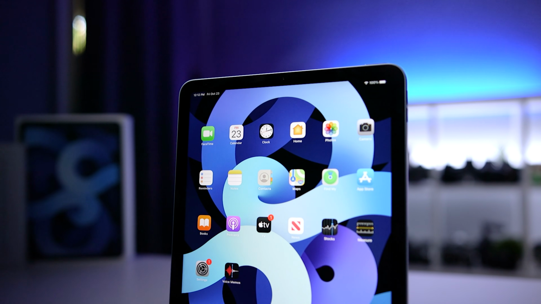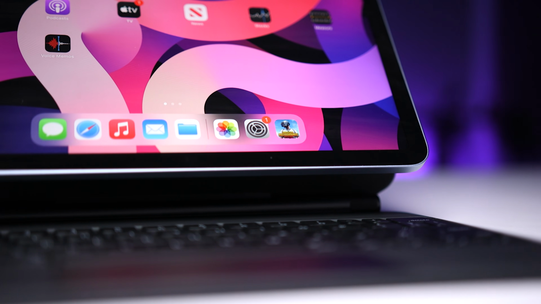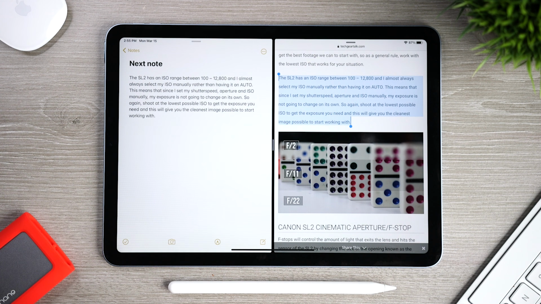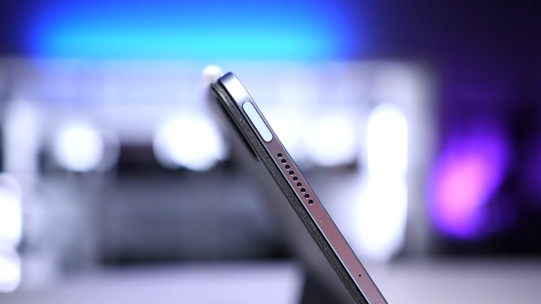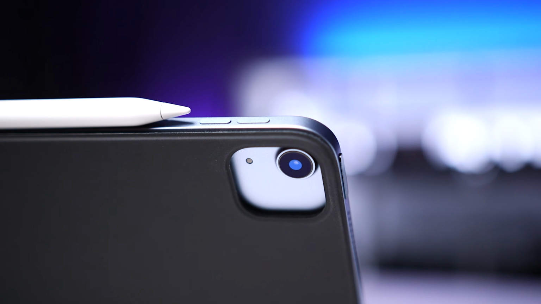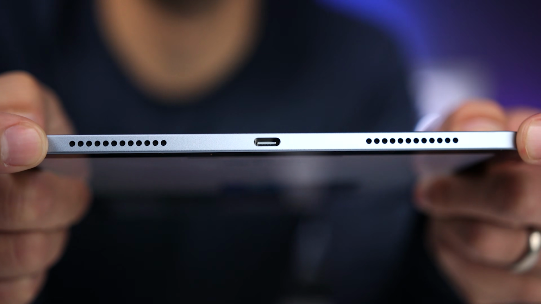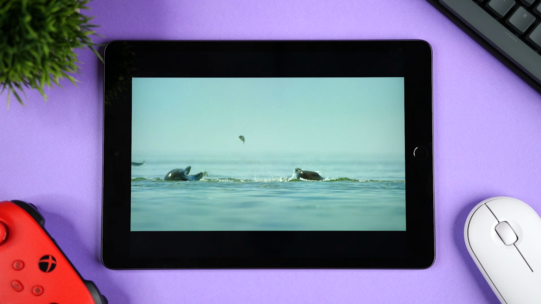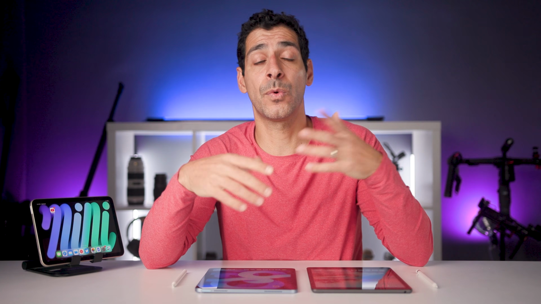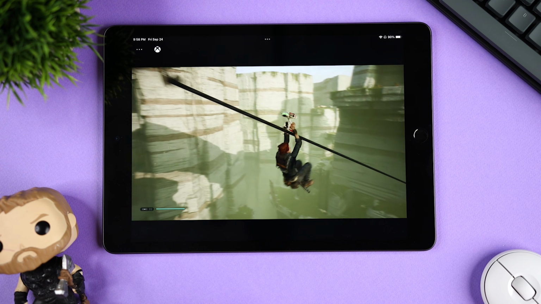The iPad Air 4 has a much more modern design with squared off edges, rounded corners, and smaller bezels all the way around. We've got the newer style power button at the top with integrated Touch ID. We have volume up and down controls on the right, a USB-C port on the bottom, and then there are speakers on the bottom and the top, which create a much better audio experience when you're watching content or playing games in landscape mode. And I'll talk about this more later on in the video because the iPad 9 has an advantage when it comes to gaming.